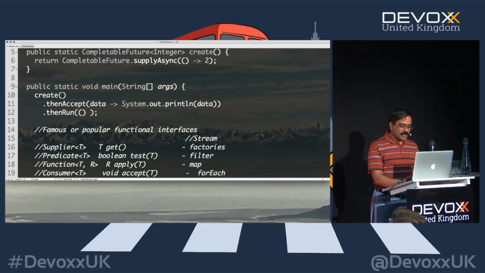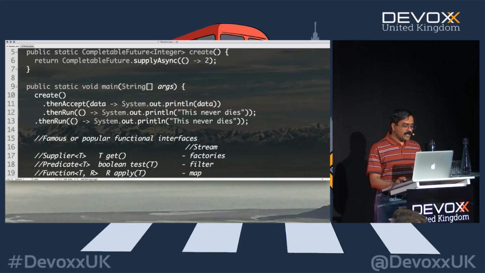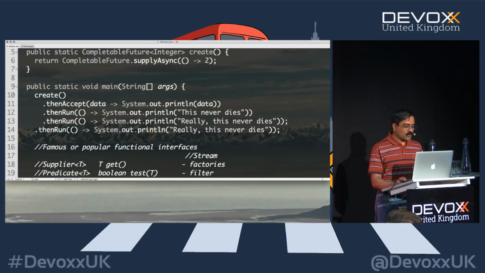And what am I going to do here? I'm going to say this never dies. Right? So this is going to be the call following it, this never dies. And if you're not really sure about it, you can just go further and say, really, this never dies, right? And it keeps on going. And this is a good day at work. You want to continue this, you can say, I'm busy coding, right? And you can continue with this, and really, this never dies.